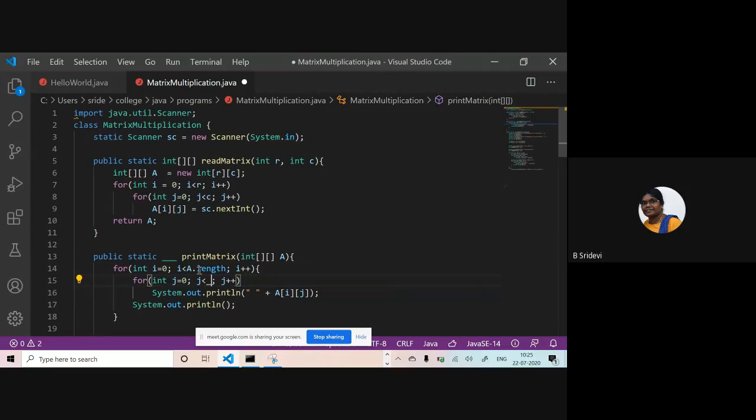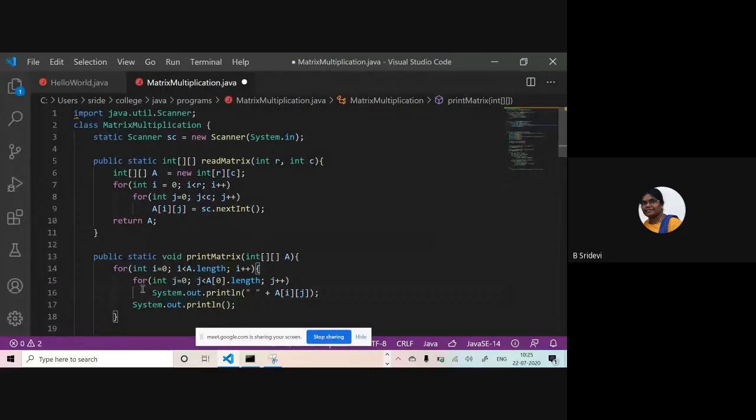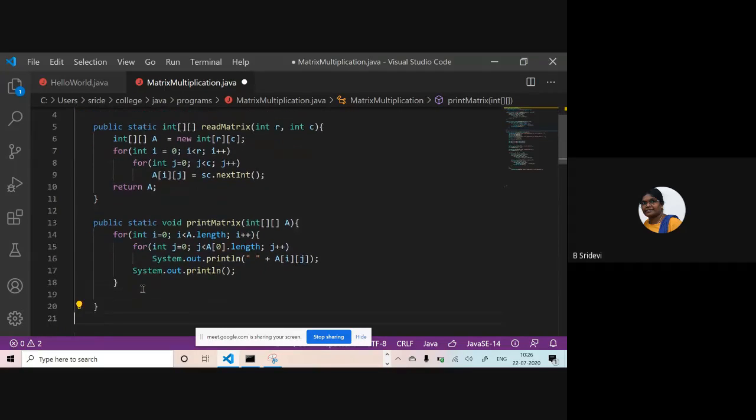Okay. Yesterday I conveyed this. In the first array, how many values do you have? That is the number of columns. See what I'm doing here. I'm taking an array, printing it, and I'm not sending back anything to the caller. If you are not returning anything, you have to put void here. Void means empty data type. What is void? Empty data type. So you are returning nothing.